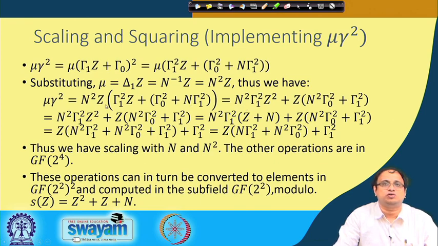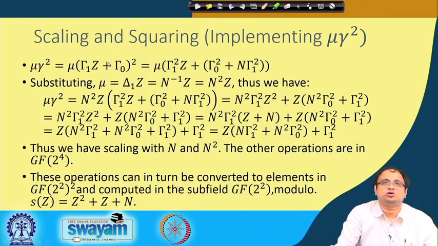So I just take n square and I do an operation here. So n square multiplied with gamma 1 square, and note that z into z I will get z square. Plus z, that means z comes here, and then I multiply n square with this part, that is n square into gamma 0 square. Plus n square into n, that means n cube. Now n cube becomes 1. So therefore I just get gamma 1 square. So this essentially is equal to n square gamma 1 square z square, which is the first term.